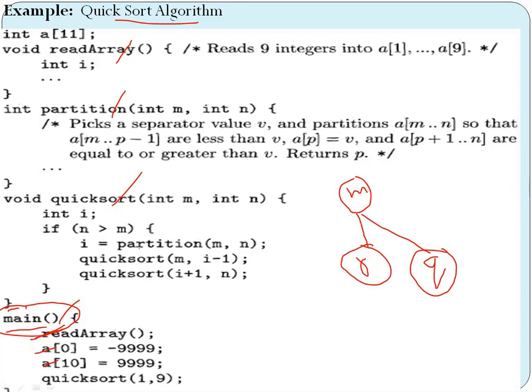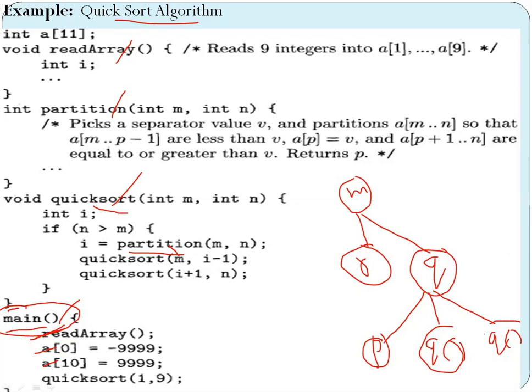It can make a call to itself, or it can call other functions also. See the logic of quicksort. The quicksort function first calls the partition function. Thereafter it calls quicksort again with two parameters, m comma i minus 1, and another time quicksort of i plus 1